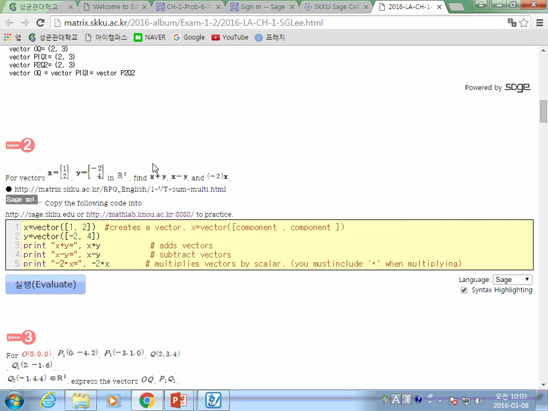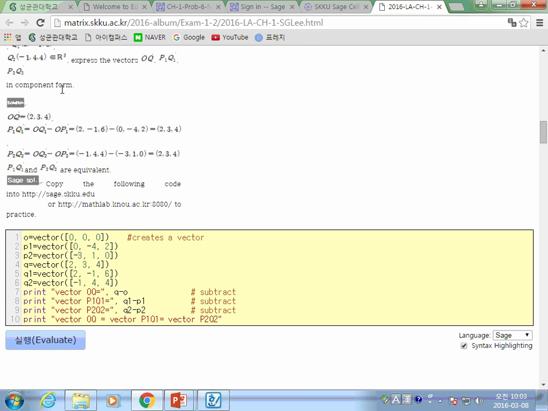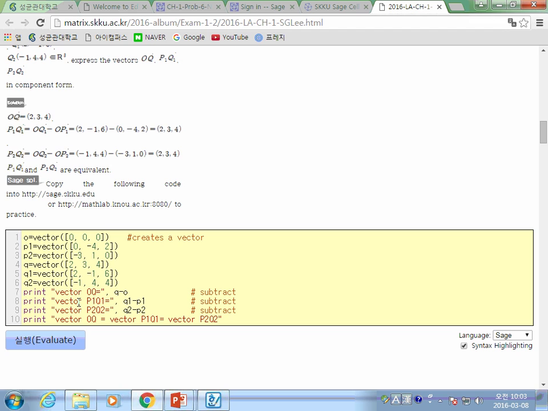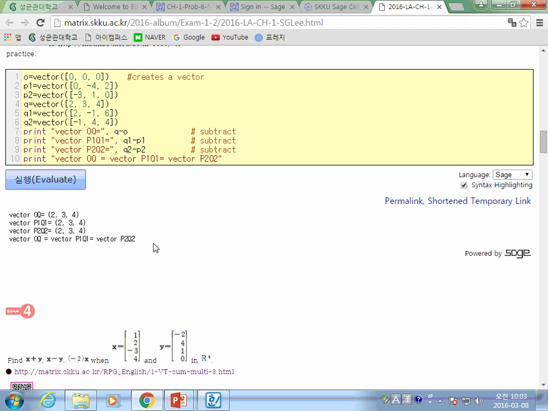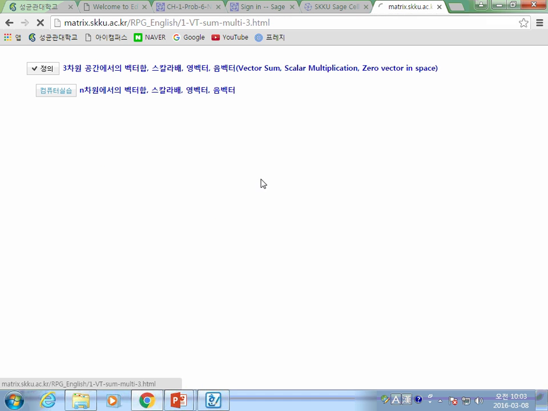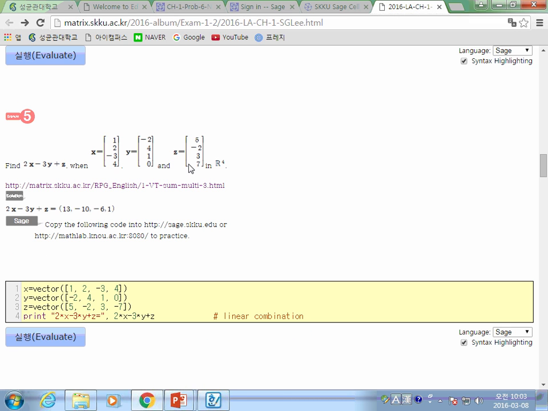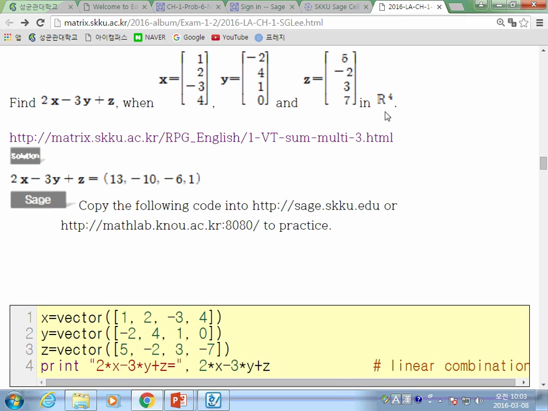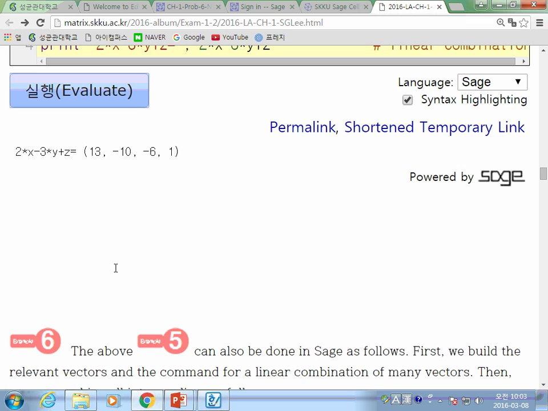And you can find the vector addition and scalar multiplication, and you can find the linear combination of these three vectors to represent these vectors, like this. And as you see, they are all the same. And you can do the same thing with the linear combination of the vectors. Not only for the vectors in R3, but you can do it for vectors in R4. The linear combination can be done easily.